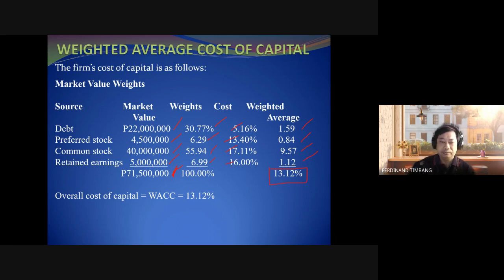But actually, based on the books that I read, regarding this, walang preferred. So you can use either the market value or the book value weight. The advantage of using the book value weight is because it is based on your balance sheet. But the disadvantage of which is that it doesn't reflect the market value. Now, with regard to the market value weights, the advantage of which is that, of course,